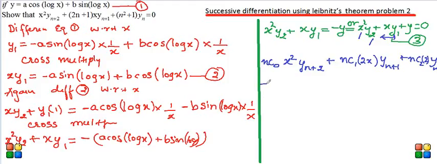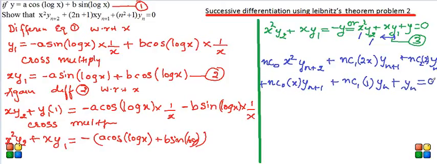After these two terms we will go for these two terms, x y1. Again we will use the similar technique. nC0 is 1, x function as it is, and to y1 n differentiations are carried on, so this is y(n+1). Similarly nC1, but differentiation of x is 1 and integration, so this is yn, and again of no use to differentiate it further because differentiation of 1 is 0, plus this y differentiated n times is yn, is equal to 0.